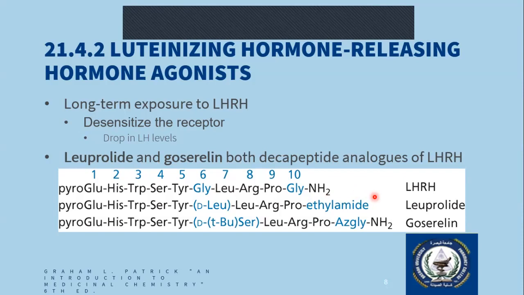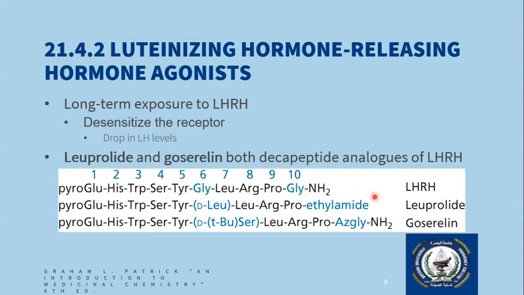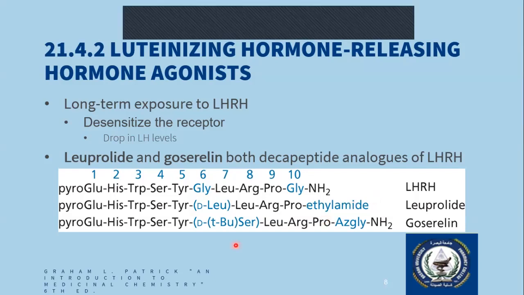have the same effect as the LHRH. Examples of those analogs are leuprolide and goserelin. Both are decapeptide analogs of LHRH. They just modified the amino acid at position number 6. In the LHRH, the amino